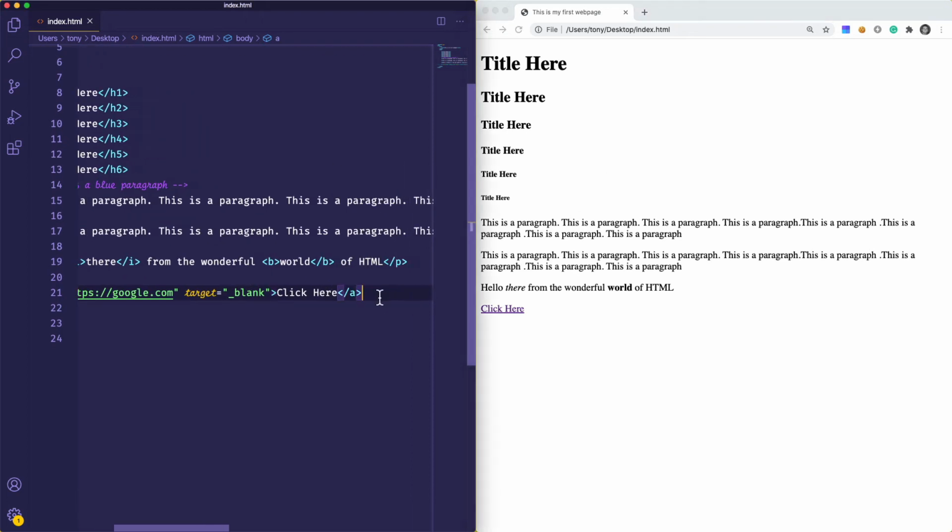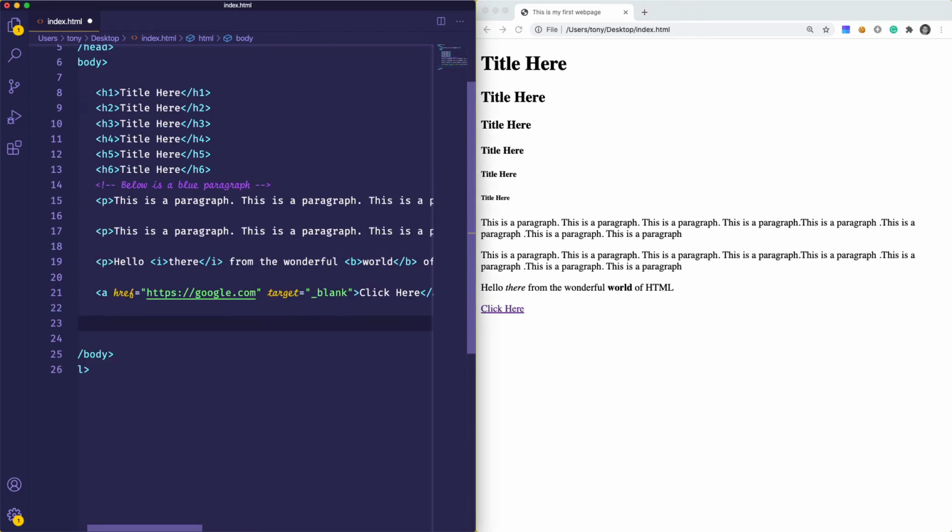What about lists? What if we wanted to create a list? Well, there are two different types of lists, which are unordered lists and ordered lists. So let's go ahead and just show you the difference between the two. For an unordered list, we'll use UL. And inside of this element, we will have list items, which we will start off with LI, and then we'll put the content inside. So let's say that we have a grocery list and we have milk,